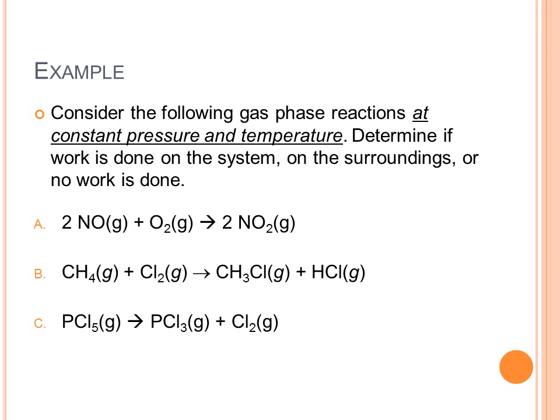So let's consider the following gas phase reaction at constant temperature and pressure and determine whether work is done on the system, on the surroundings, or whether no work is done at all. If we look at A, I've got 2 moles of nitrogen monoxide plus 1 mole of oxygen gas going to form 2 moles of